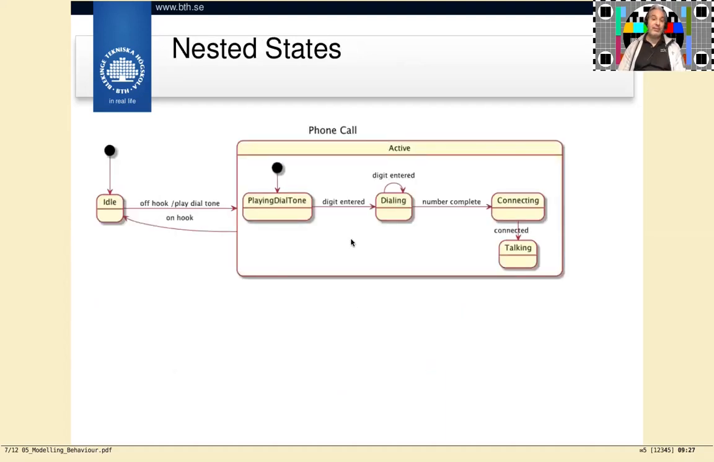Inside the active state, we have a whole new state machine. We start by entering the state playing dial tone. This is a really bad state, by the way, because this is an action more than anything else. Waiting is probably a better state here. And then I can instead say that underneath this line, while I'm in this state, play a dial tone. I think I've got an example of that later on. So I'm here waiting, doing nothing really,